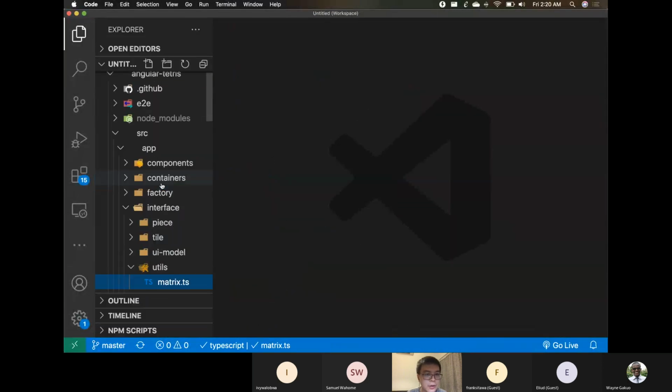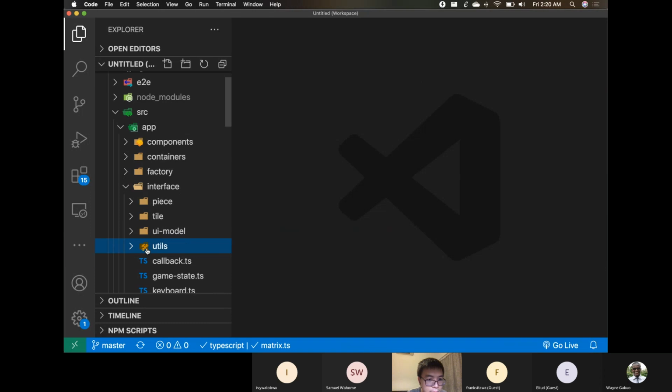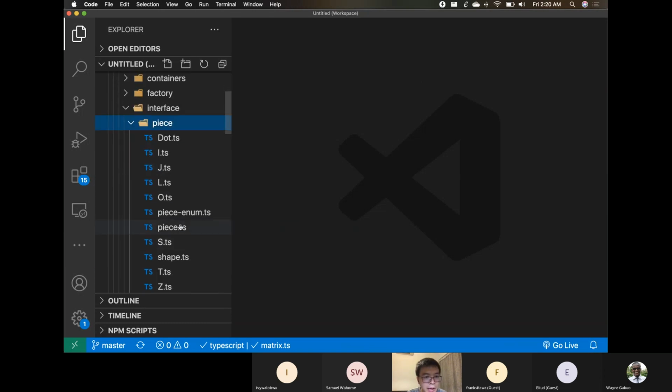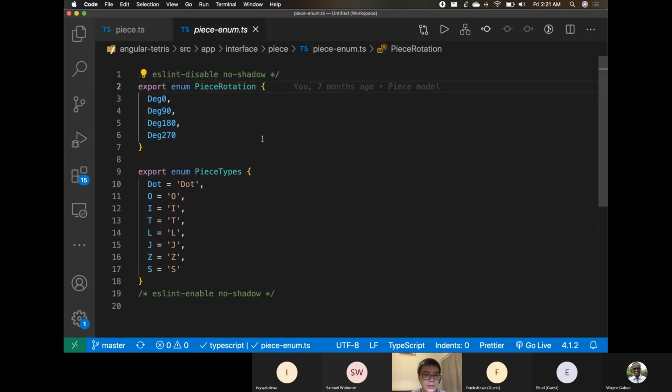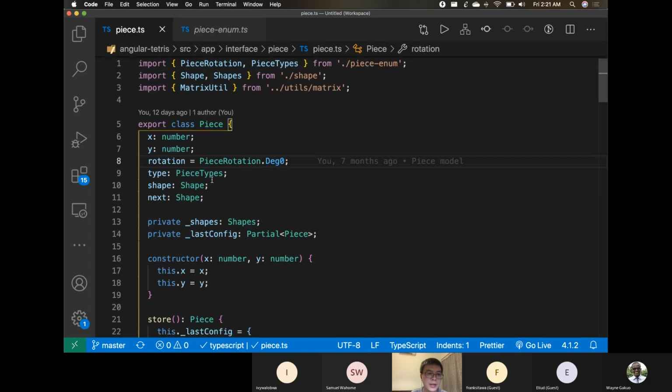So we finished with the loop now, and now I think it is inside the pieces. I define the base class which is called Piece, and the x and the y here are the current position of the piece on the screen. The rotation is there because the pieces can rotate in four directions: 0, 90, 180, and 270. So I have this piece rotation enum to make it easy to understand, and I also have an enum to define the piece type, which is